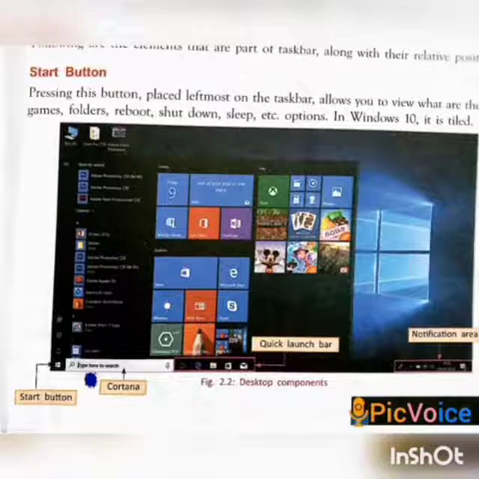On the left hand side, you can see all the applications already installed, and you can access them in alphabetical order. The start button allows views of applications, games, folders, restart, shutdown and sleep.